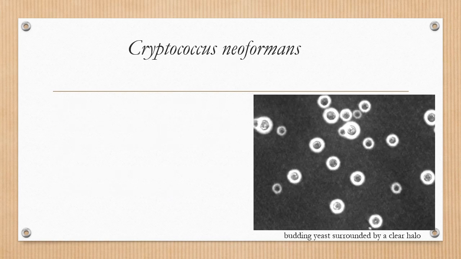So this is what you see on an India ink. Very clearly you can see that there is some yeast here. Let me show you. So you can see this is the original cell, and this is a budding cell coming out of it. And each one of these cells is surrounded by a halo around it. So this is what is called destaining, because the ink will stain the background and it will leave a halo, a capsule that cannot be stained by the India ink. And this is very typical of Cryptococcus neoformans.